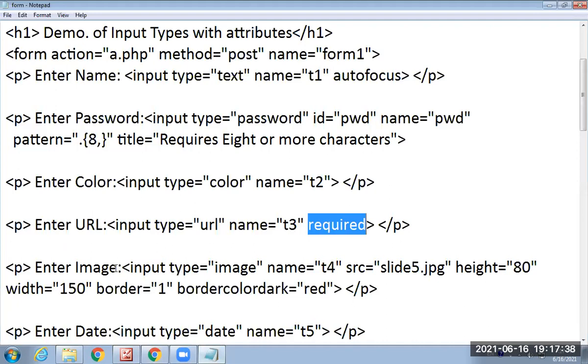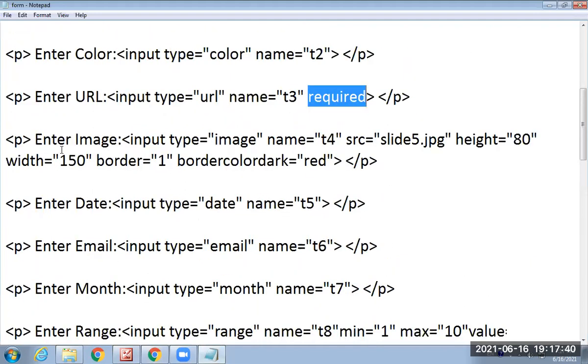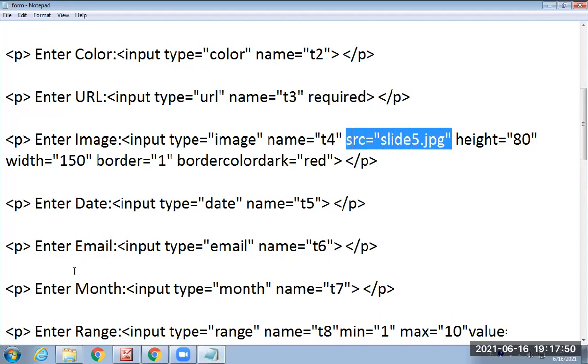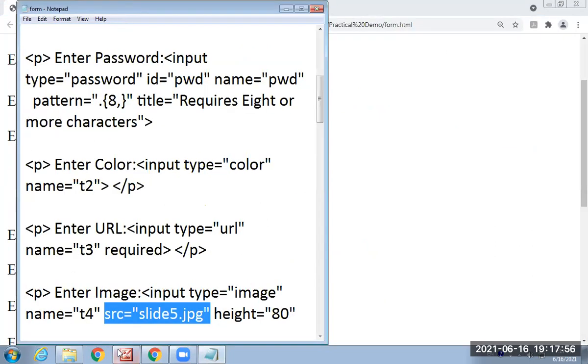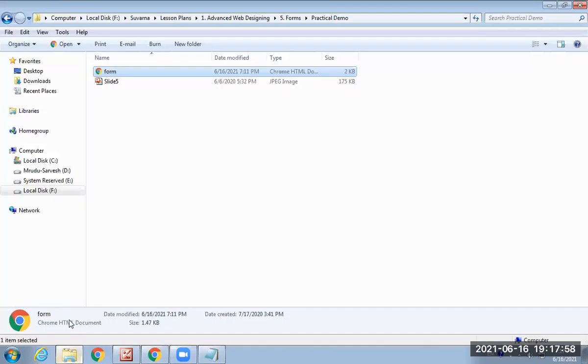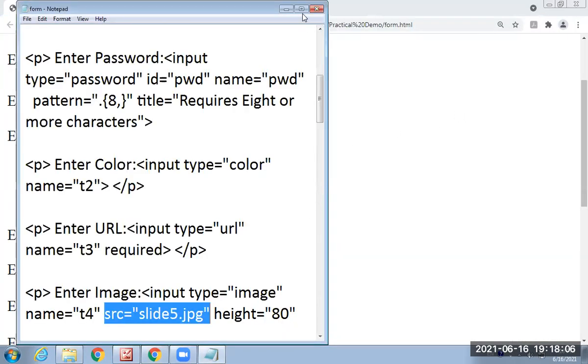Now image. For the image, we have to use the input type as the image. Then we can provide the name for that box as T4. Then we have to provide the source of this image. Now, while providing the source for this image, I have to use the specific file here. In my folder, I already kept the file as slide 5, which I am using in my code.